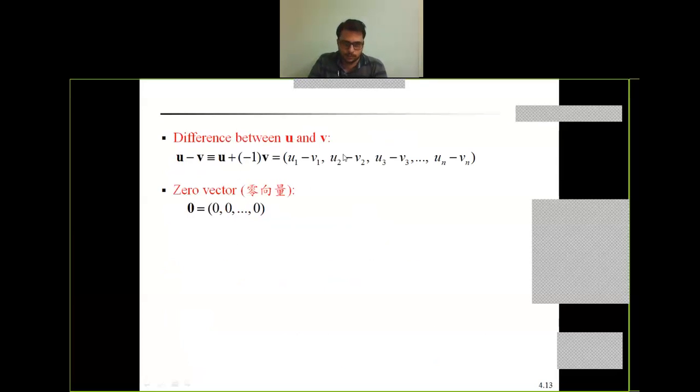Obviously there are two further operations. Something different has come for the zero vector, let it be. The difference between u and v. If you know scalar multiplication,